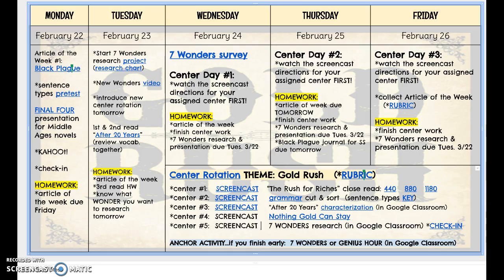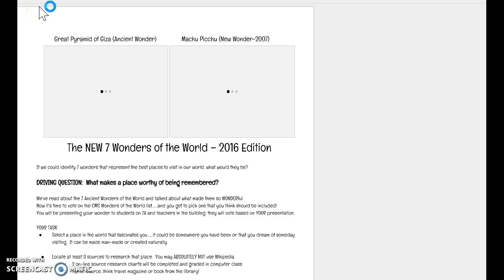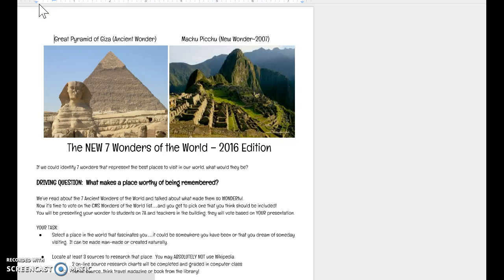At center number 5, you're going to be working on your 7 Wonders research. You'll see that I have the check-in at our This Week in Language Arts page, but it's also going to be in your Google Classroom under the center number 5 7 Wonders project. The first thing you might want to do is take a second and review the directions that we went over in class on Tuesday when we introduced this,